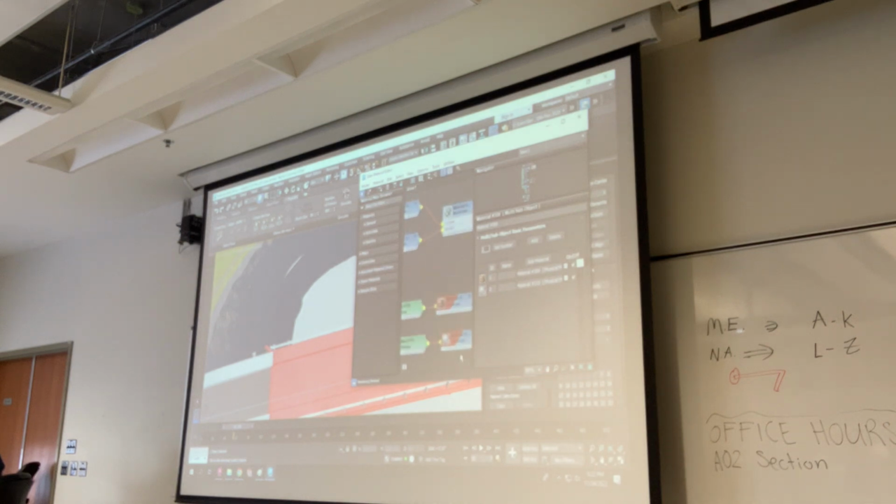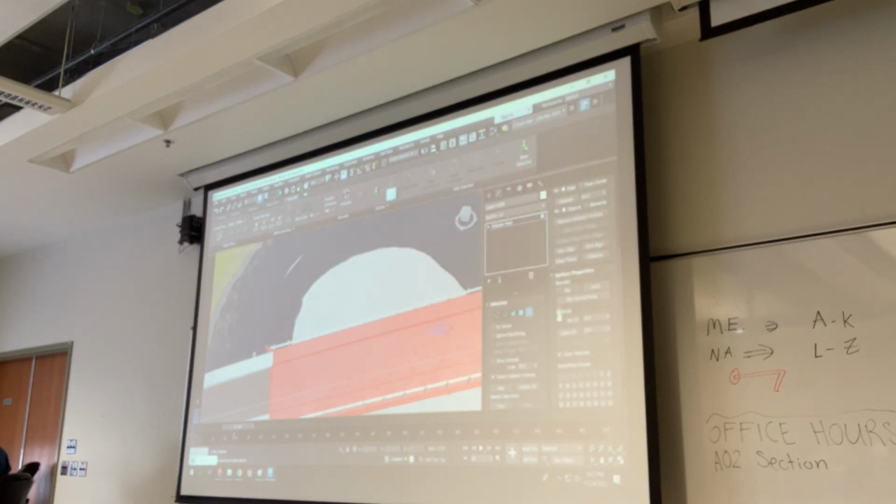I'm just going to go over to the one I want. That's not it. Let's see. I think this is it. And this is it. So layer 1 is going to be the concrete, and layer 2 is going to be the road map. So what I do is I go to the set ID, and I'm going to